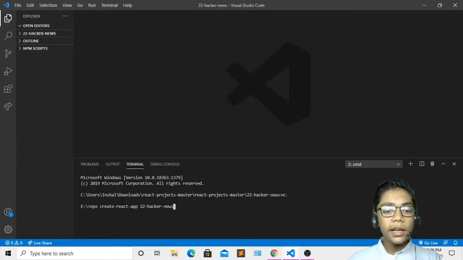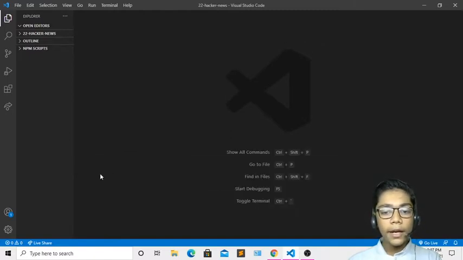You will be thinking about one thing: when I'm writing this 22 Hacker News, it is in small letters, but where it is coming over here, it is written in capital. It will automatically change your alphabets into capital letters, so don't care about that. When you have written that, press enter, then your folder will be created. When it is created, I will close this panel because now we don't need it. Now you can see we have done all this. First of all, you have to open that. Then when you open it, you will get two folders again.